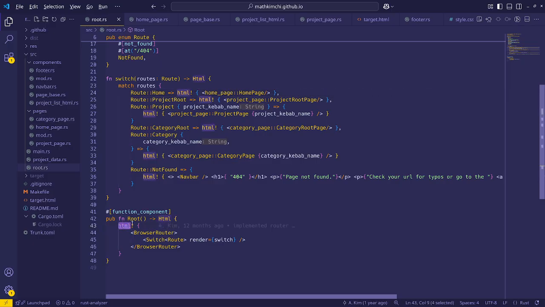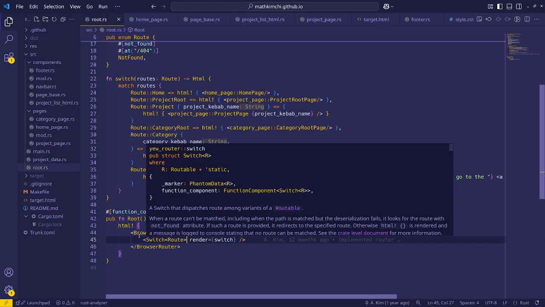So you can see there they have this HTML macro where there's syntax very similar to HTML, but of course it's not exactly the same because it has more features it needs to account for, and